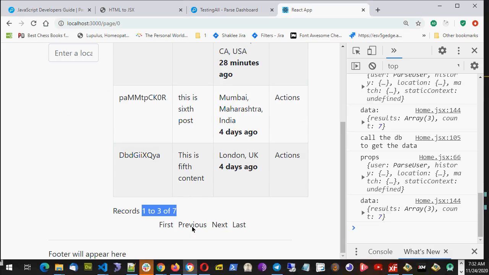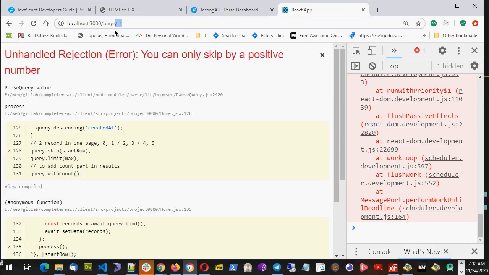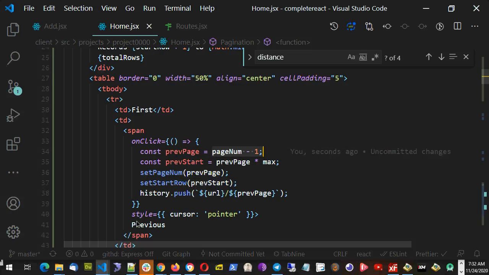Now again, if I click previous number, you will see we are going to -1. That I don't want. We should handle. See, -1 is coming, so we get the error. So you should not allow -1. Okay, so to do that,